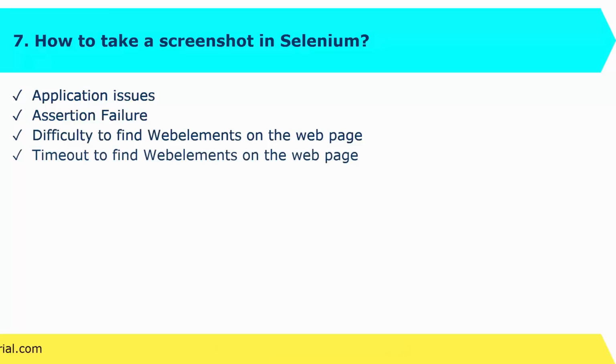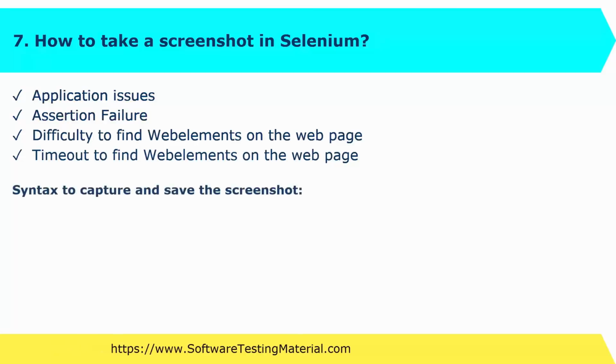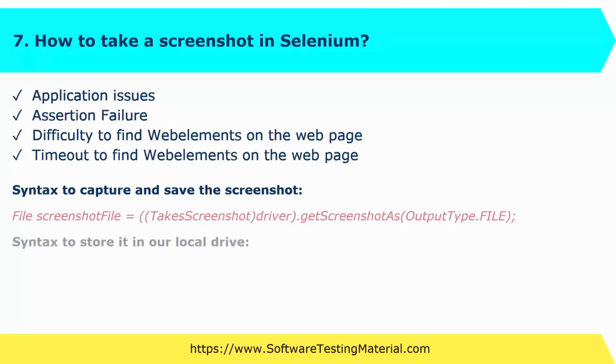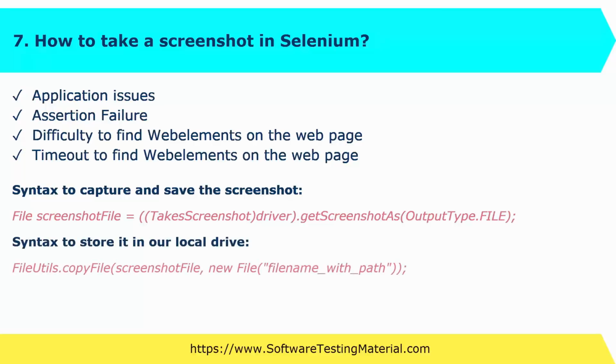Selenium provides an interface called TakesScreenshot, which has a method getScreenshotAs, which can be used to take a screenshot of the application under test. Syntax to capture and save the screenshot. Syntax to store it in our local drive. For example,